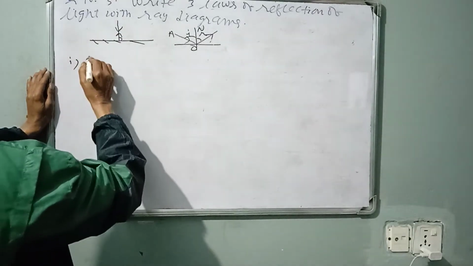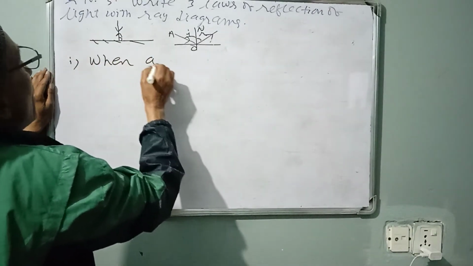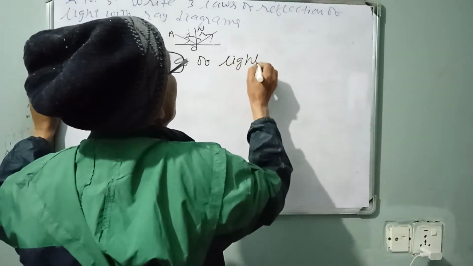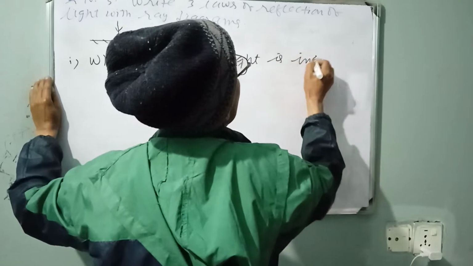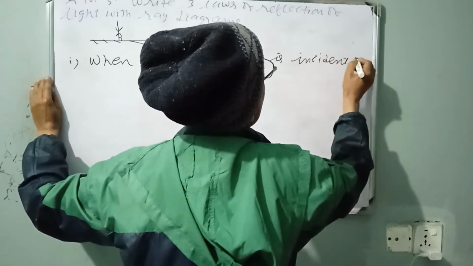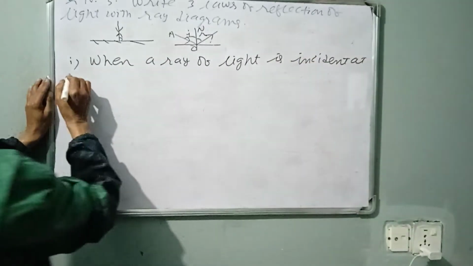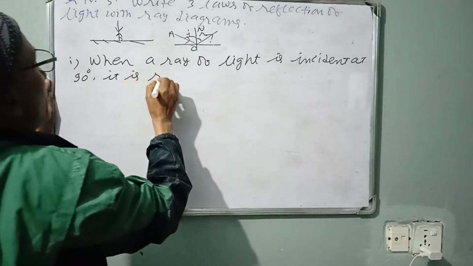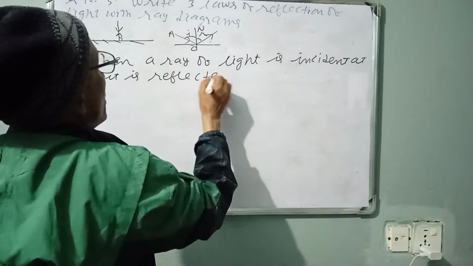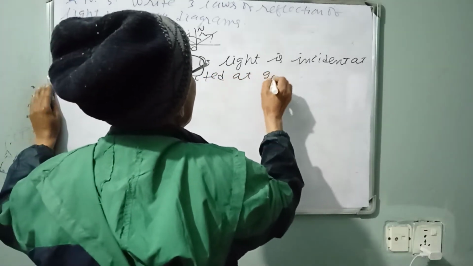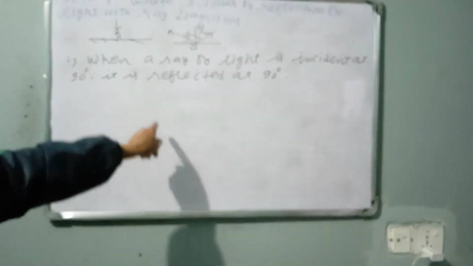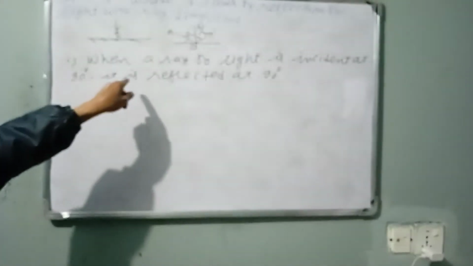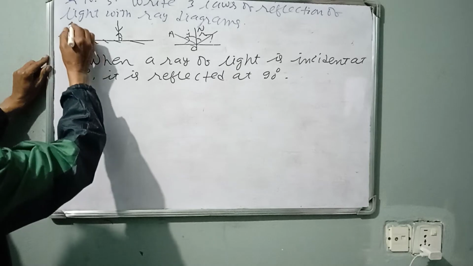Number 1, when a ray of light is incident at 90 degree, it is reflected at 90 degree. When it comes at 90 degree, it is reflected at 90 degree. If it comes at 90 degree, it returns at 90 degree like this. See,